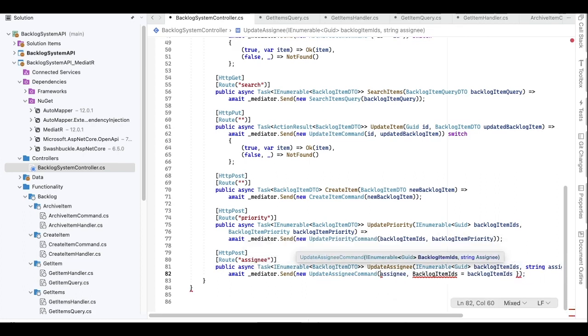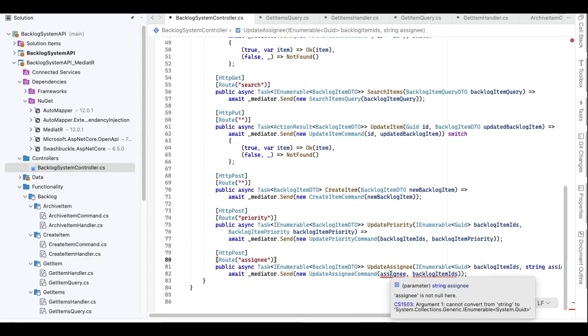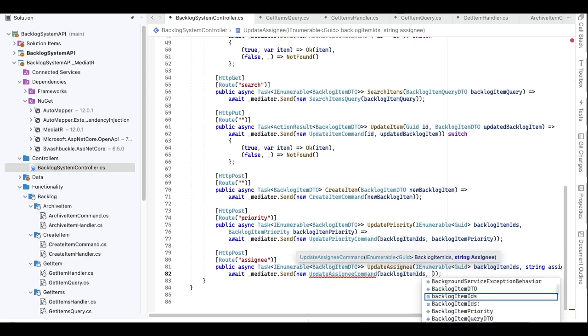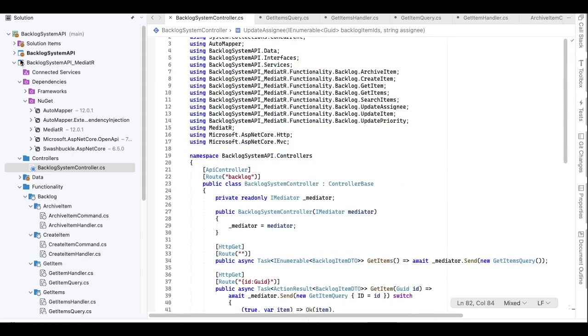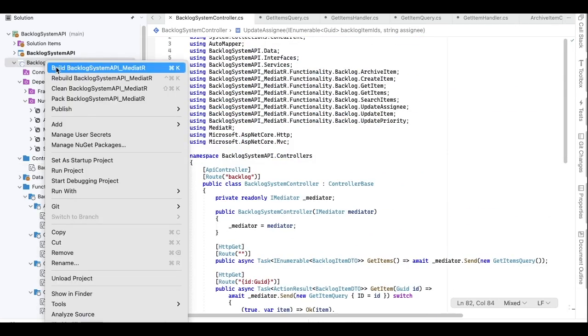Almost there. I think this was the last one. Let's see. Oh, it's the other way around. Okay, so now if we try to build it,